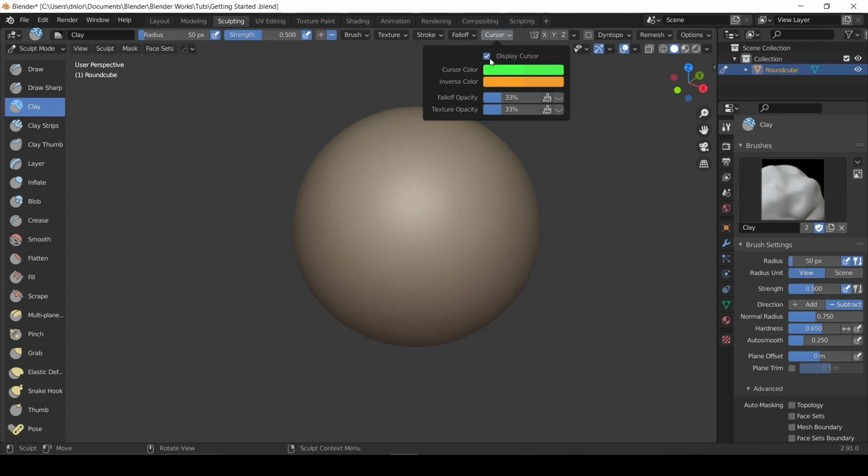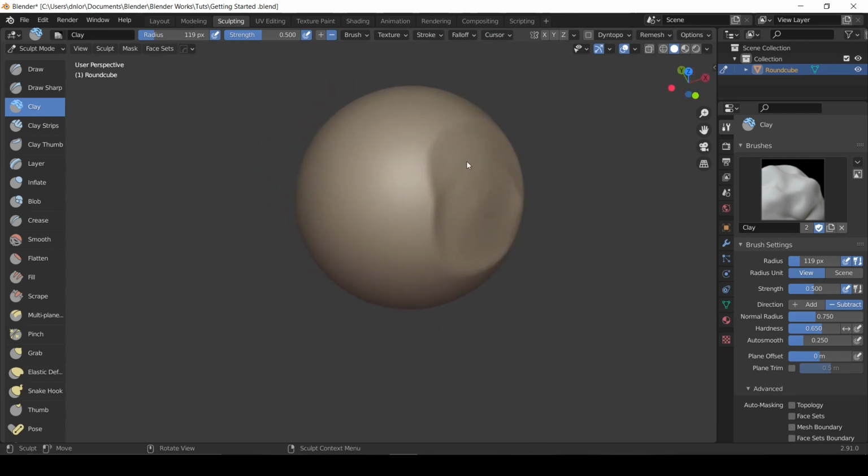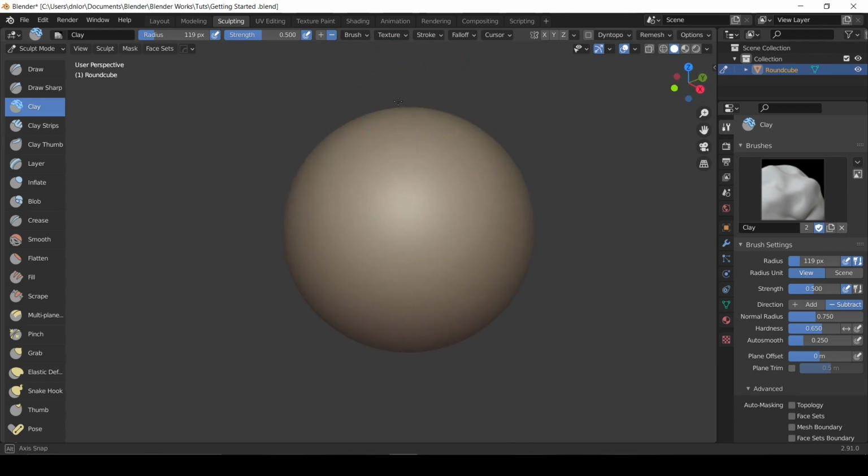So that's basically it. And if you don't want to have this cursor displayed, you can uncheck this. I do not see why anyone wants to do this anyway. But if you want to do that, that's how you do it. I always want to have this turned on so I see exactly where the brush is, so I'm not guessing anything. All right. And symmetry over here,